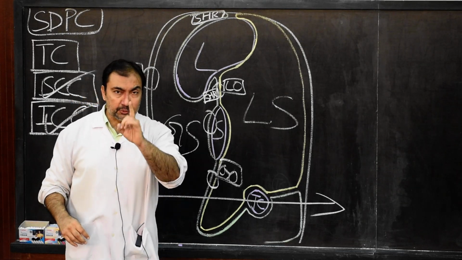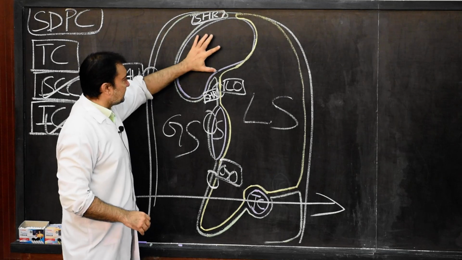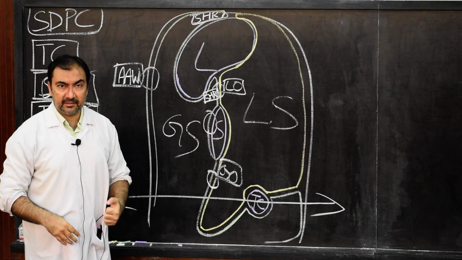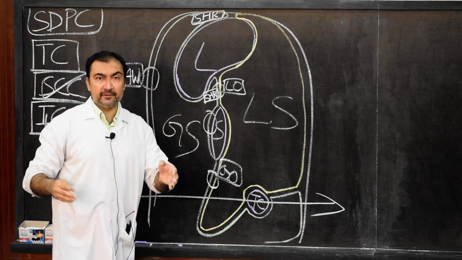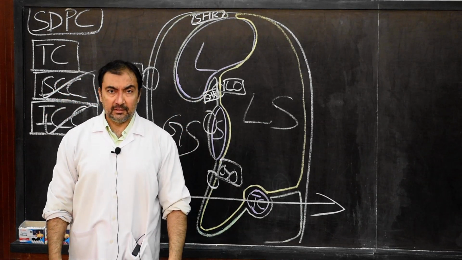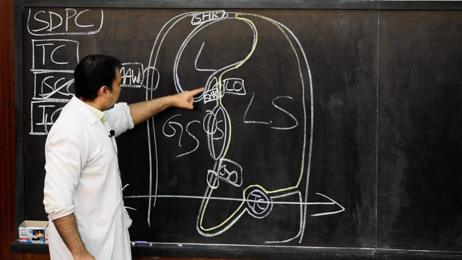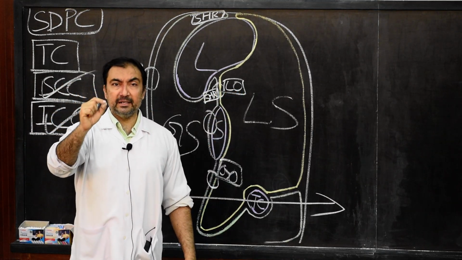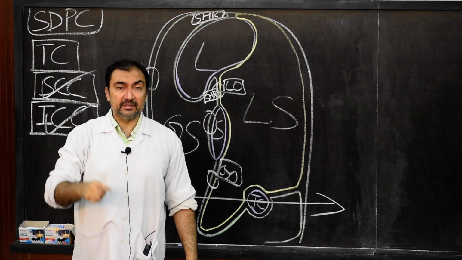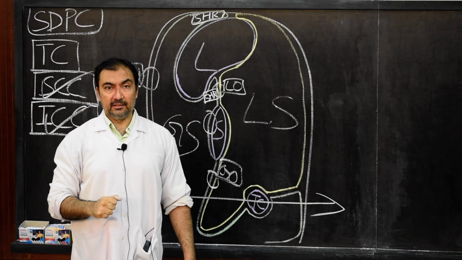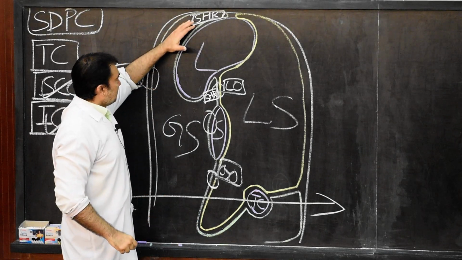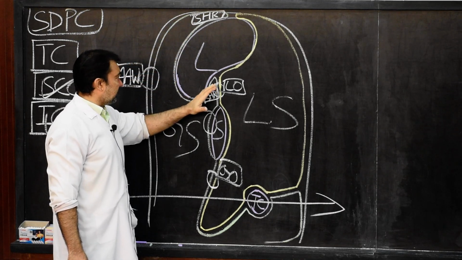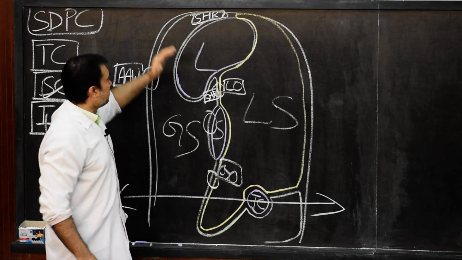So now our supracolic compartment is divided by the presence of the liver into various recesses. Some of the recesses are present above the liver, which are called suprahepatic recesses. Some are present below the liver, which are called subhepatic recesses. Altogether, these suprahepatic and subhepatic recesses are given a common name: subphrenic recesses, or rather subphrenic spaces, because irrespective of whether suprahepatic or subhepatic, these recesses lie below the diaphragm.